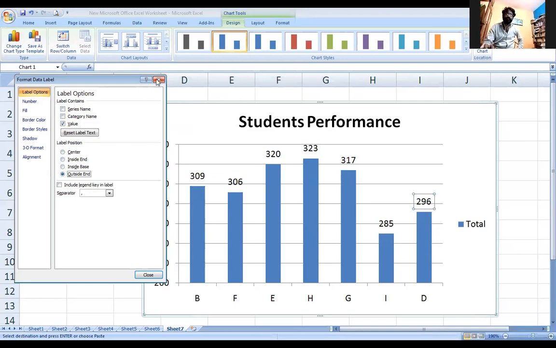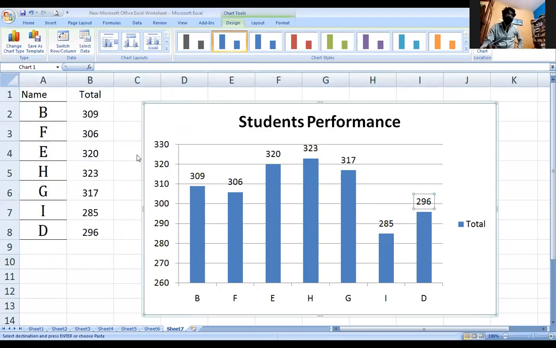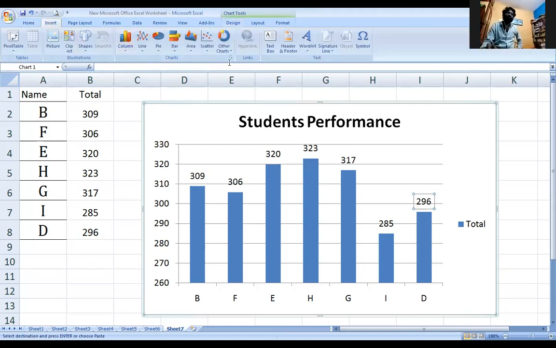First, identify which type of diagram is suitable for the data which is with you. If you have data regarding family expenditure or annual income, then you can go for the pie chart. If you want to compare the performance of the students, you can use this type of data. There are multiple types of diagrams available in MS Excel.